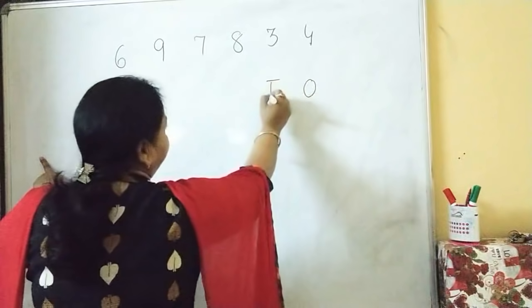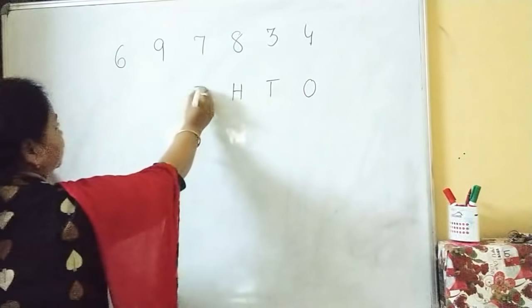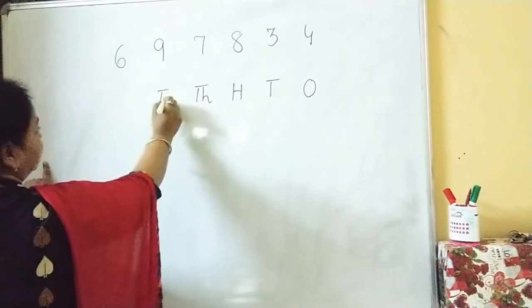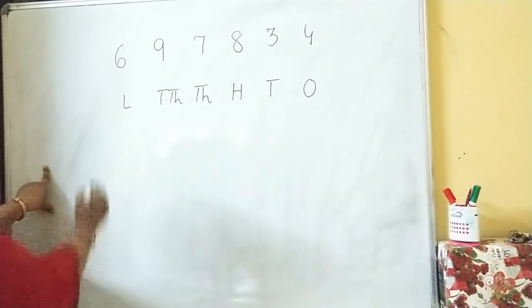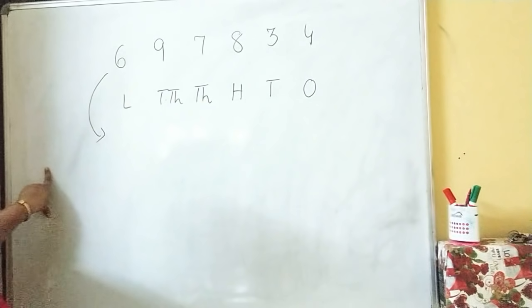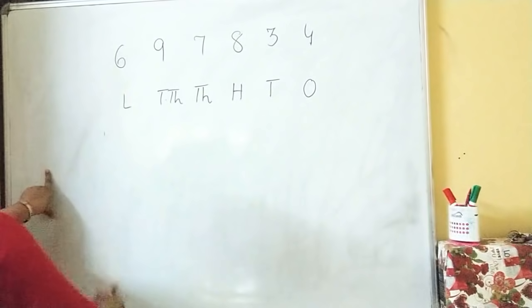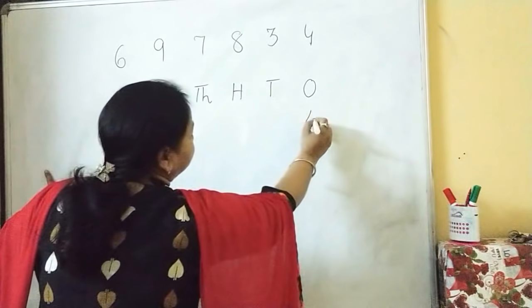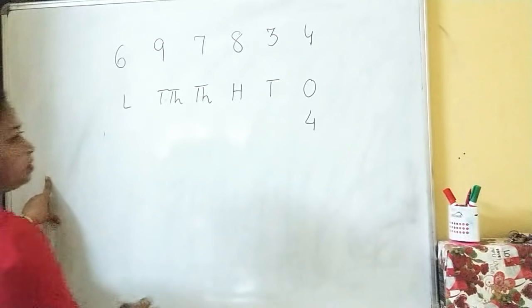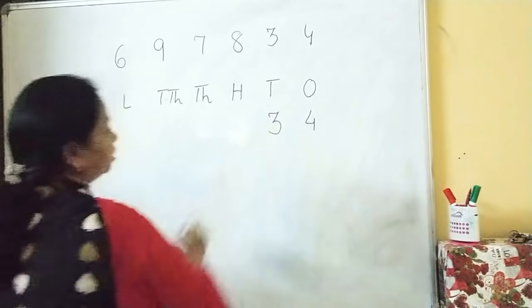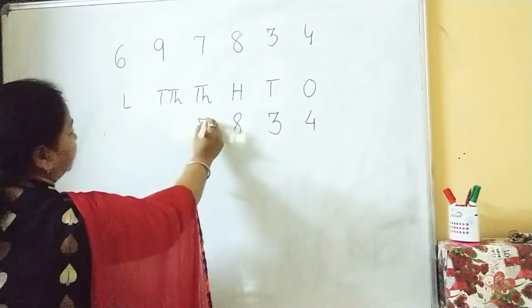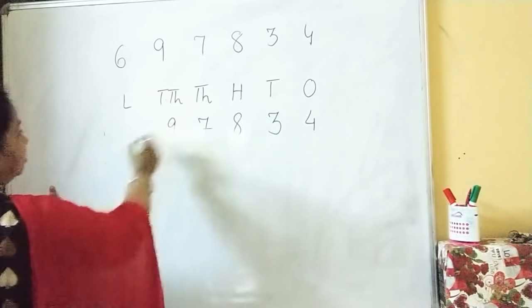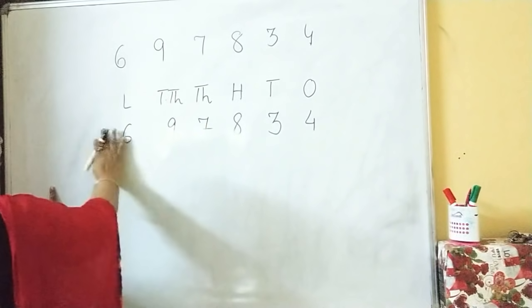1s, 10s, 100s, 1000s, 10,000s, lakh. So, these are the chairs, and this is where the honorable guests are going to take their places. Let us see: 4 is asked to be seated at 1's place, 3 occupies the chair of 10s, 8 the 100s, 7 is at 1000 place, 9 is at 10,000 place and 6 is at lakhs place.